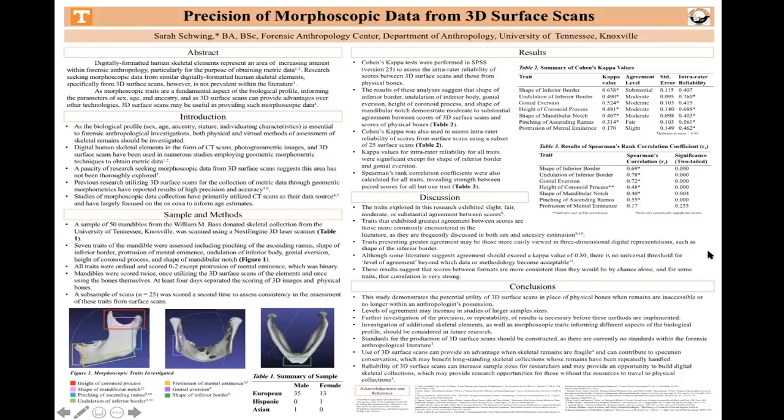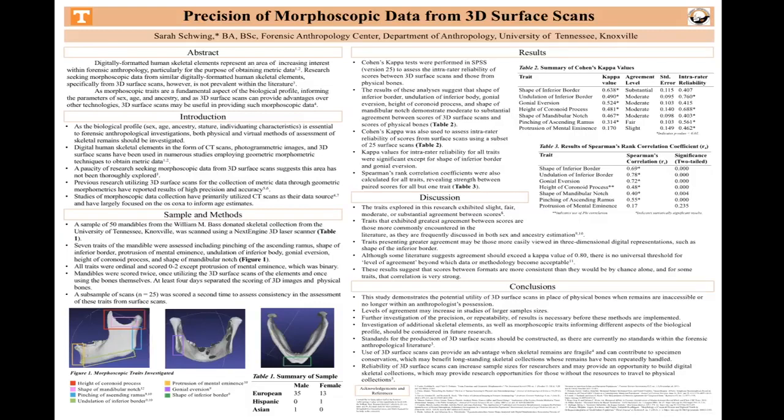some of the results that we're seeing here. So it seems that protrusion of the mental eminence is not the best trait to score from virtual remains, but shape of the inferior border and gonial eversion, as well as undulation of the inferior border, they appear to be